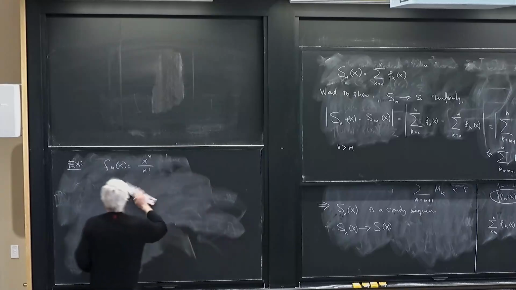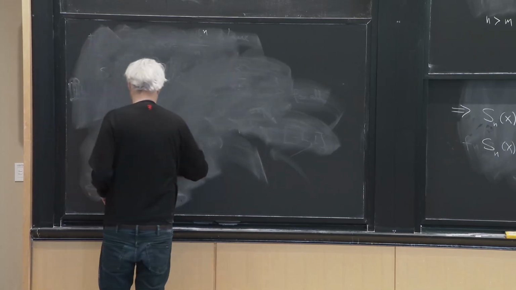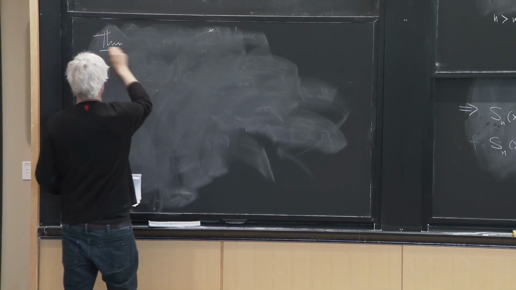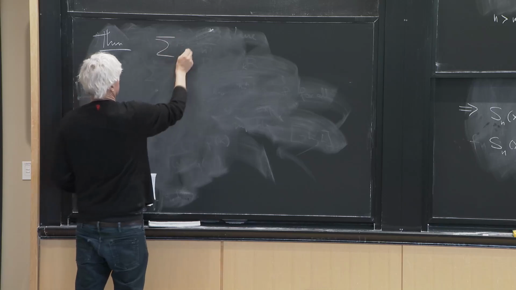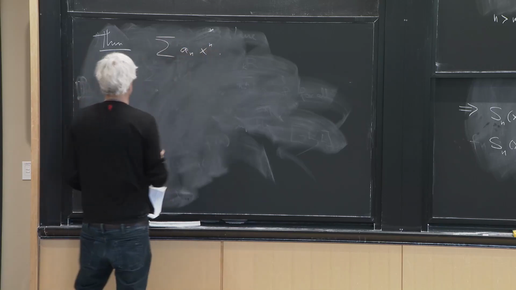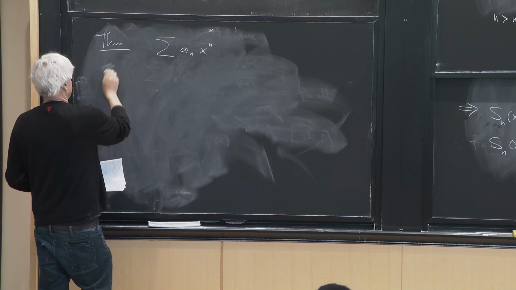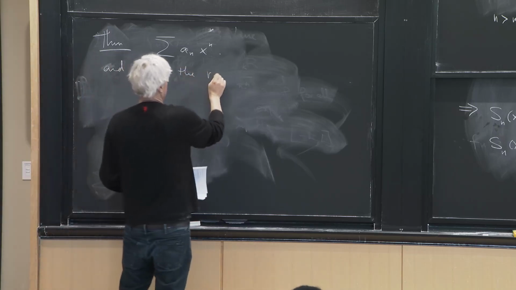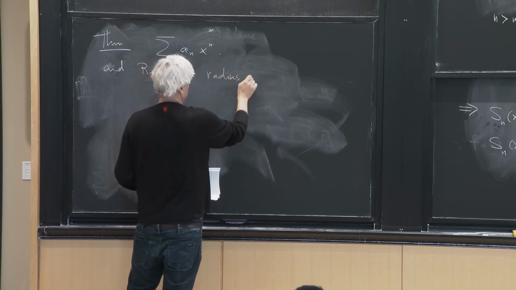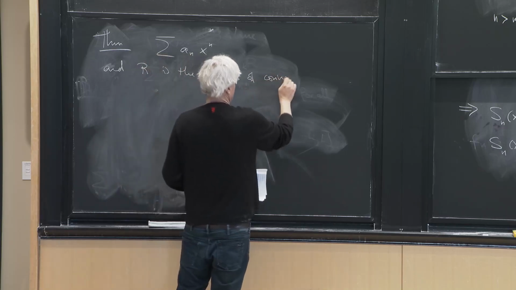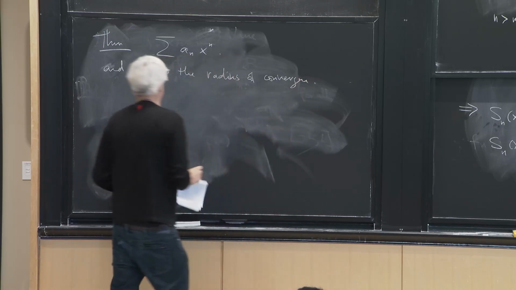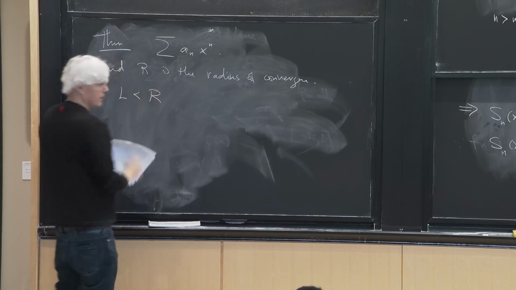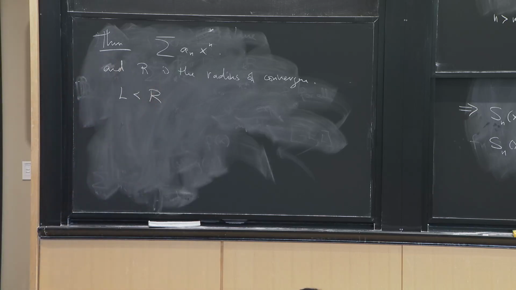The theorem is the following: if you have a power series and R is the radius of convergence, and L here is strictly less than the radius of convergence, then